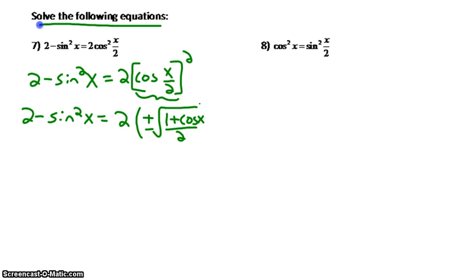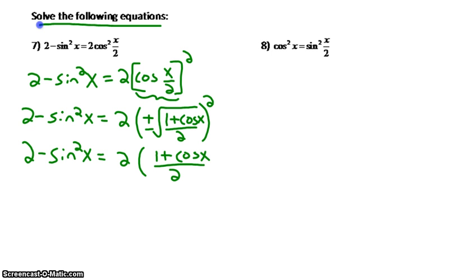And again, this is squared. And so we're going to be squaring that side. Again, the left side remains unchanged. As I square this, I will have 2 times. Now the square will undo that negative, so I really only have one problem now of 1 plus cosine x all over 2. At that point, I'm going to cancel or reduce the 2's, leaving me with the